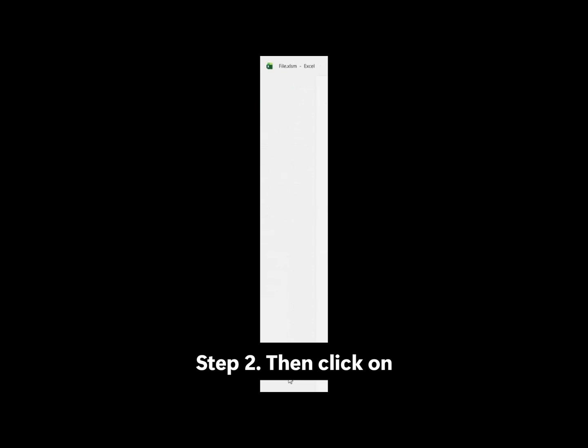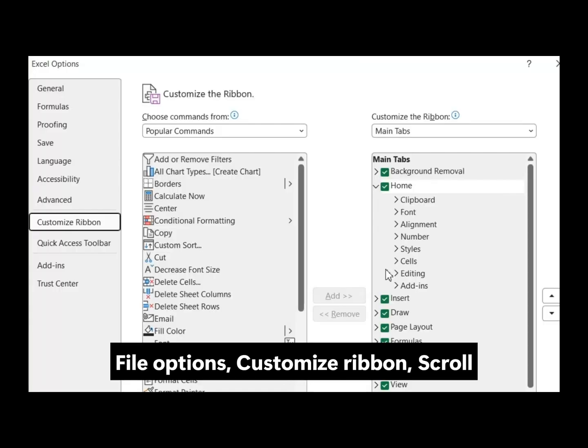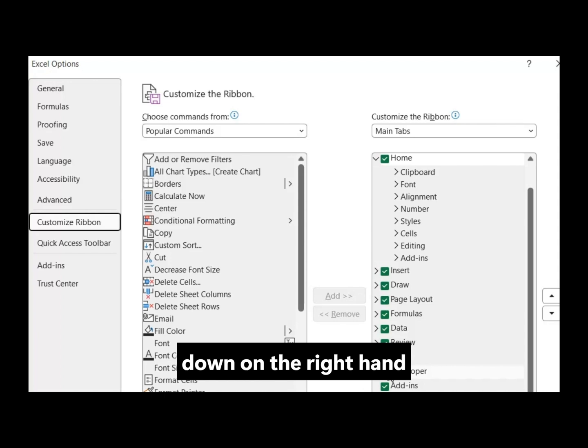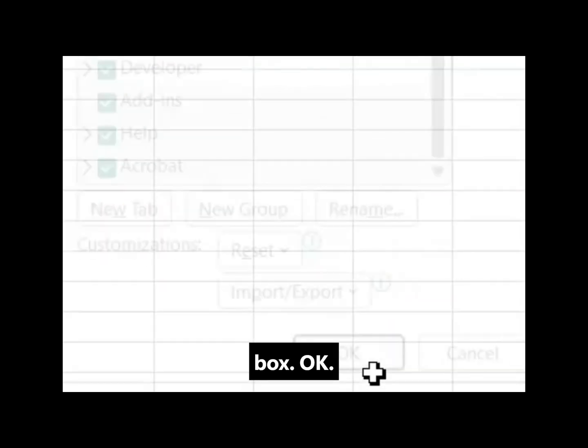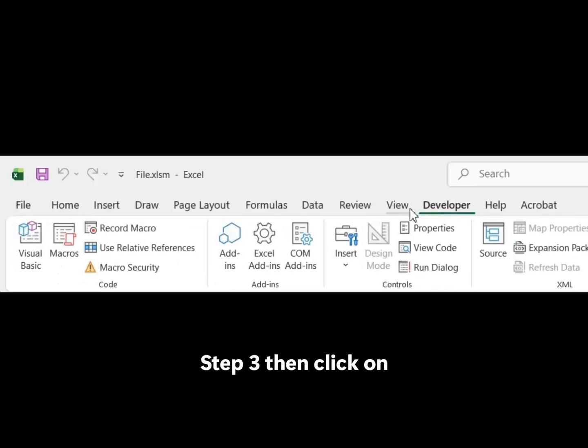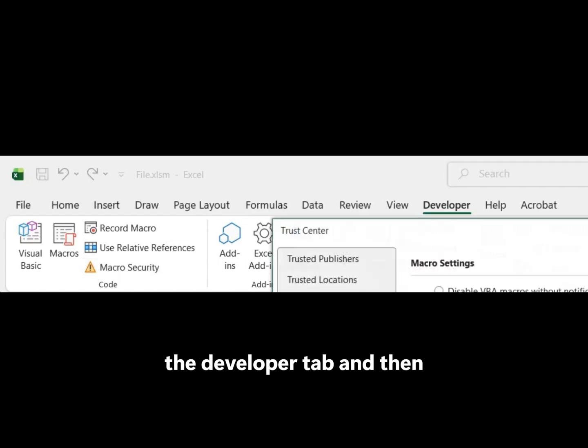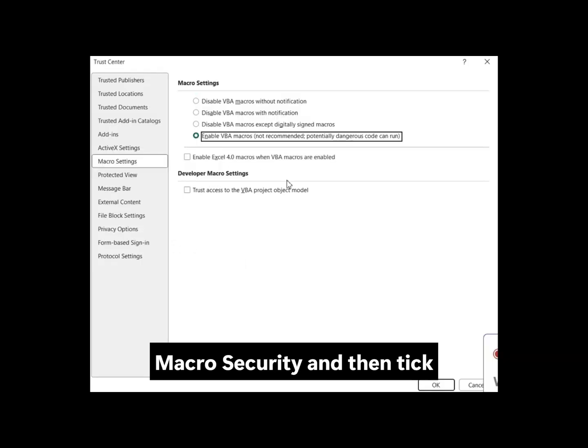Step 2. Then click on File, Options, Customize Ribbon. Scroll down on the right-hand side and tick the Developer box. OK. Step 3. Then click on the Developer tab and then Macro Security, and then tick the bottom box of